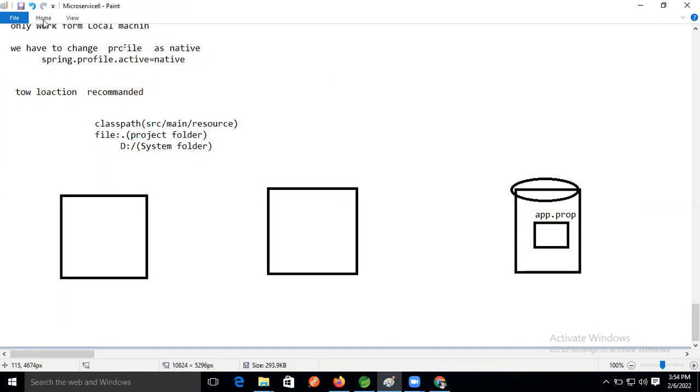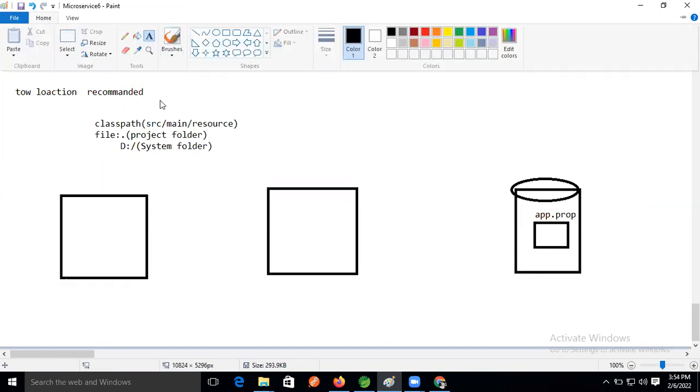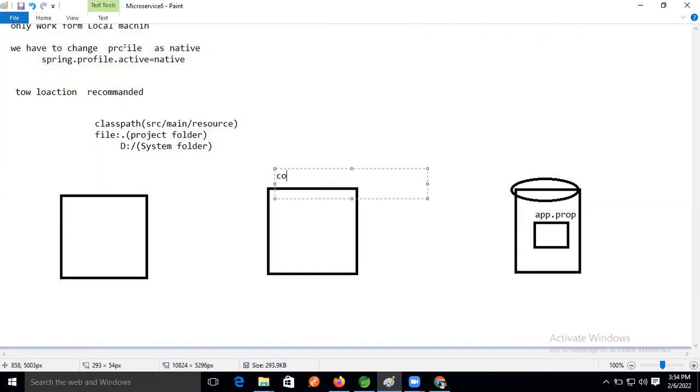And the config server also has one common property, right?